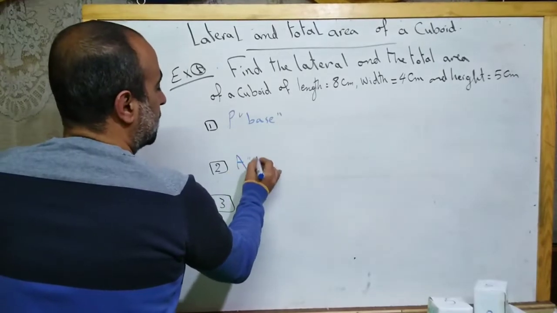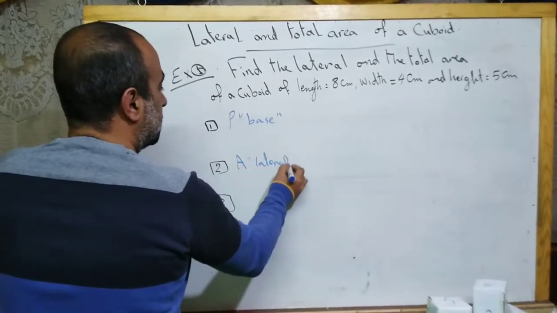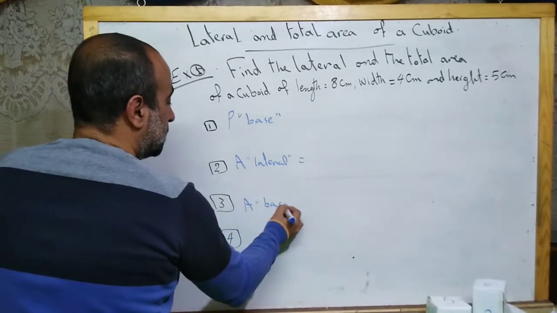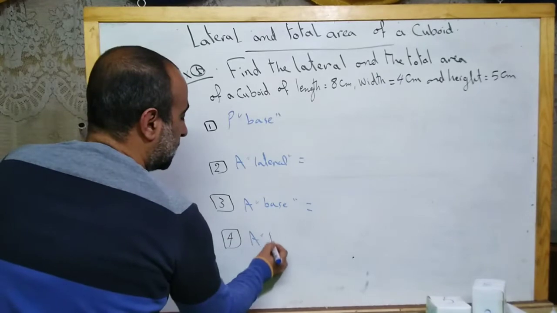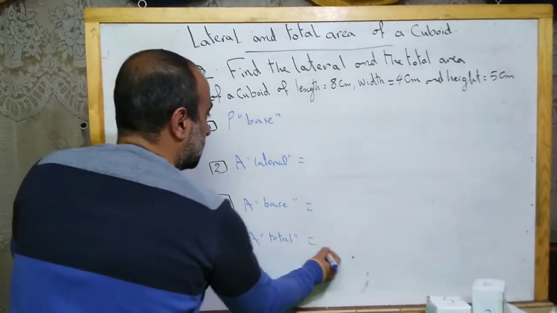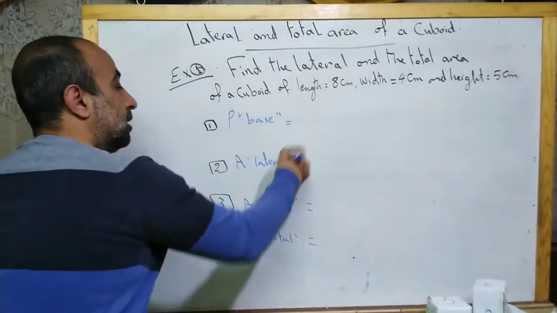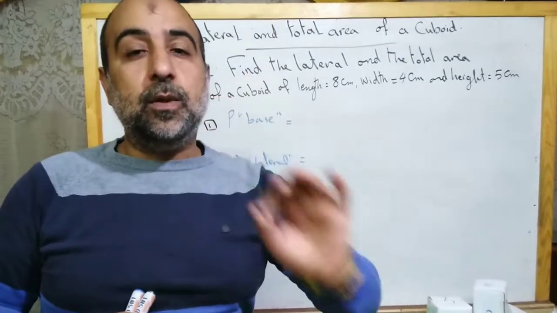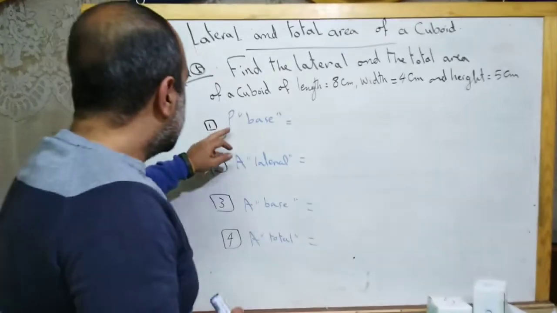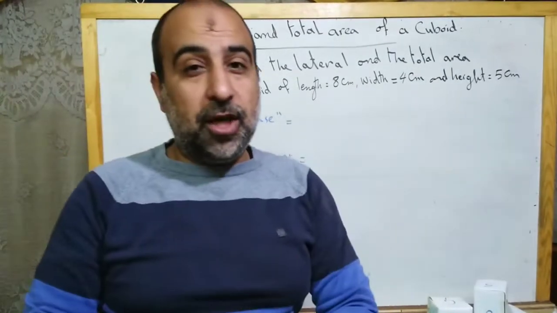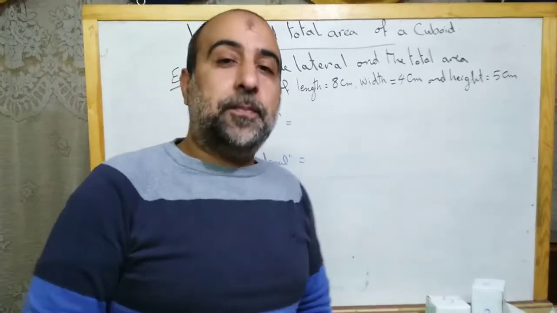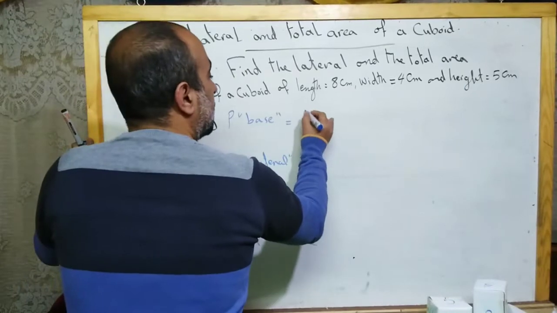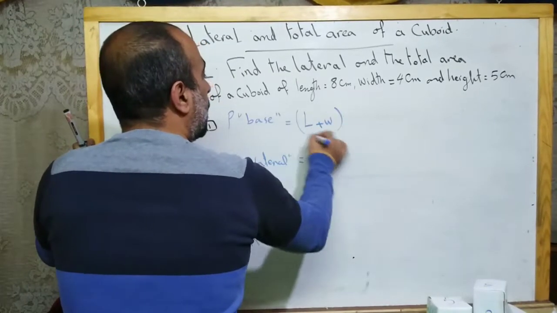And now the lateral area. Step 3, the area of the base. And finally, the total area. Now, we will write the rules of each step. The perimeter of the base on the shape of a rectangle. So the perimeter of the base will be the perimeter of the rectangle, which is length plus width all times